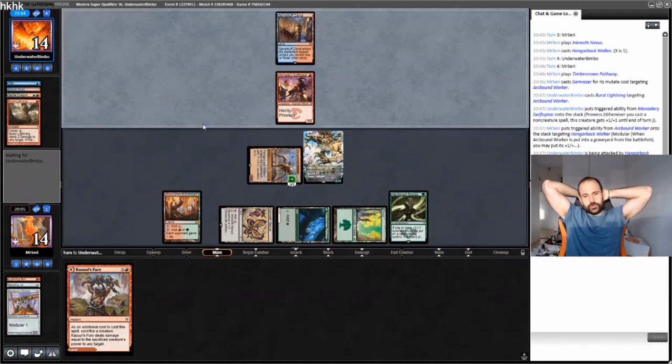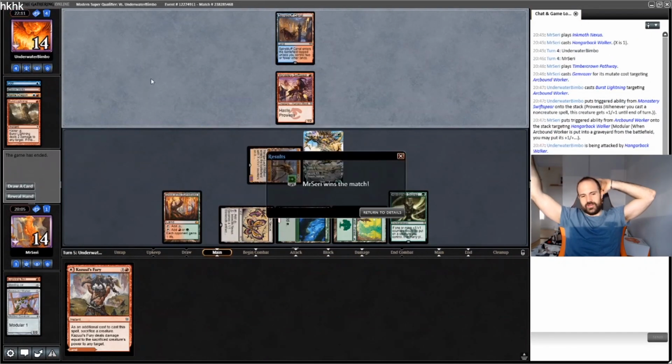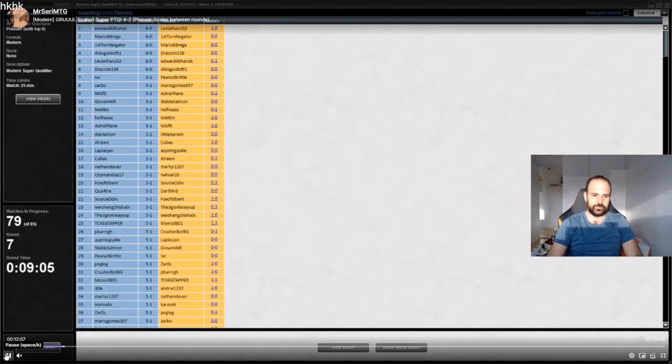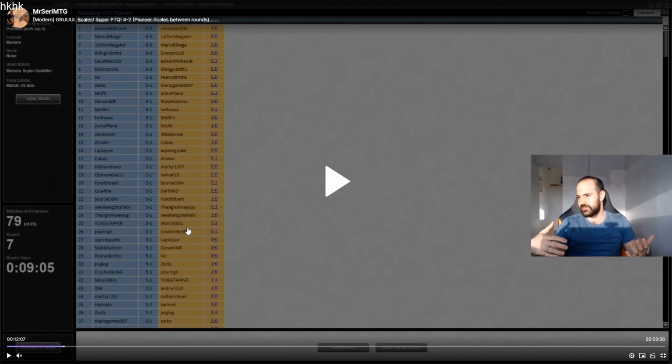And here my opponent's at 14. I have a 4/4 Trampler and a 5/5 and a Kazoo's Fury. My opponent just packs it in. So that is the most one-sided prowess matchup. Of course, my opponent missed a land drop, missed a bit, but the concept, you see how